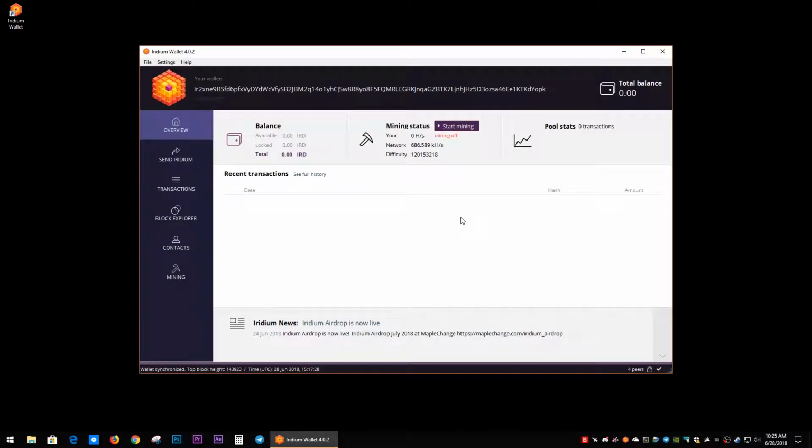Today we're going to go through how to back up your wallet and then restore it. It's actually really simple. You'd be surprised how simple it is. So we're going to do two things here. We're going to record the wallet keys, and then we're also going to export it, and then we're going to